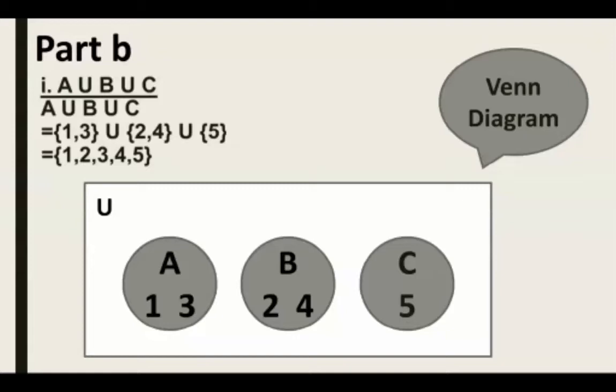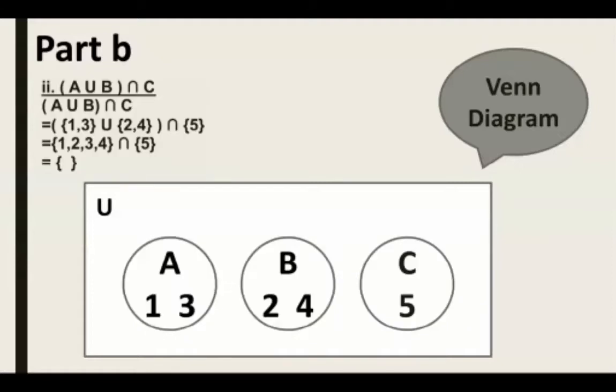Now look at the question. The answer of the question is 1, 2, 3, 4, 5. We have found the union of these 3 sets A, B and C in this question. So we will shade all the elements of the union set 1, 2, 3, 4 and 5. It means we will shade all these 3 sets, set A, B and C. In the next question, the Venn diagram is this. See the answer of question number 2. The answer is empty set. If the answer is empty set, then we will not shade any set.